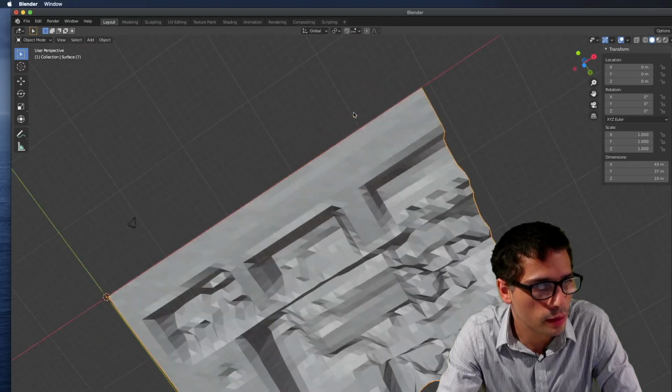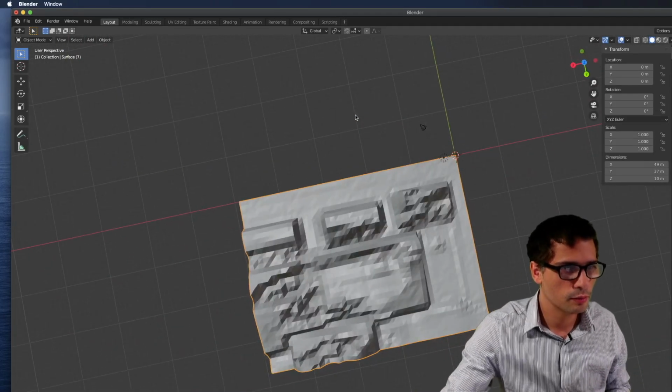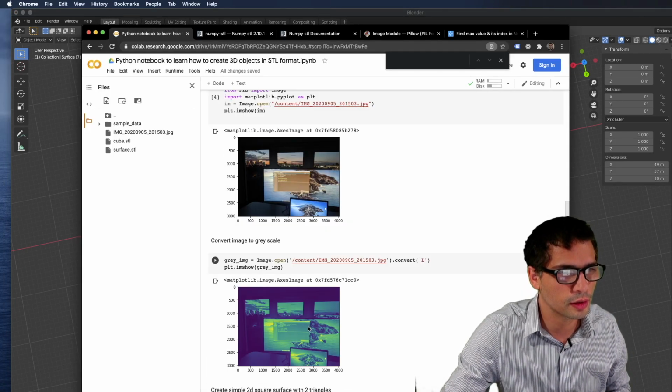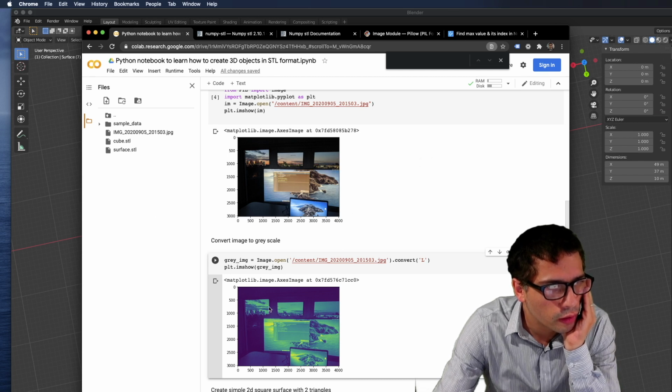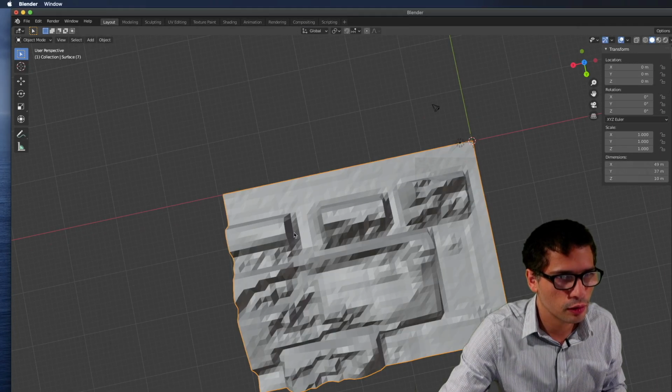Maybe the heights are a little bit over exaggerated, but let's go. I'm going to have a quick look at the image itself, and you see there's these blocks. It looks odd, right? It didn't really convert very well to grayscale. Maybe this wasn't the best image I could have found, but you can see the silos, right? 1, 2, 3, 1, 2, 3, then a monitor somewhere here.